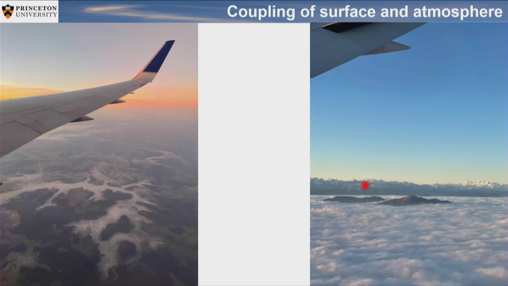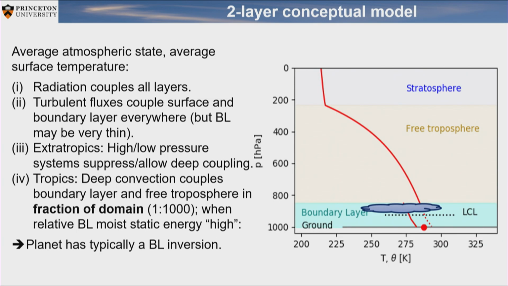The same is true here, what looks a little bit like water is actually fog, so this is in the early morning. So this is again a case where the ground was rapidly cooling relative to the atmosphere, and you have a decoupling of the vertical structure. And so one question that we can ask is what actually controls the statistics when we have deep coupling versus when we have no deep coupling. And so I focus here a lot on the tropics, where it's deep convection that couples us throughout, from the ground to the atmosphere.